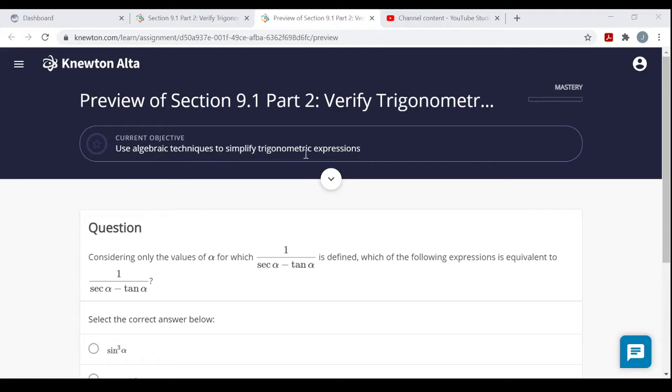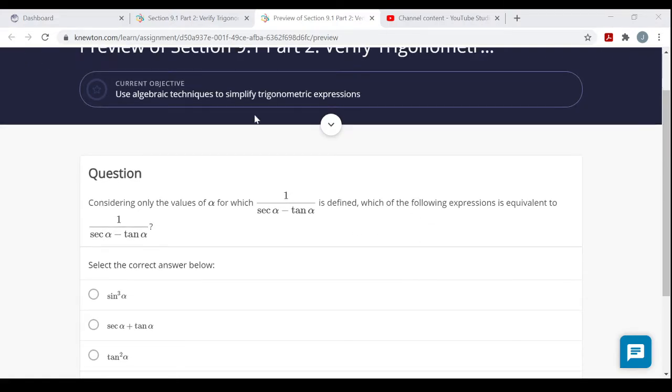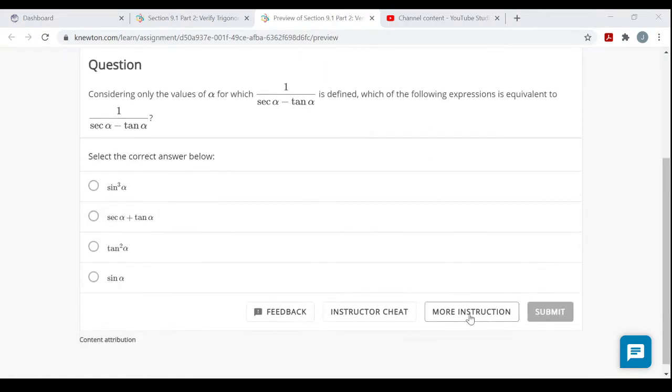So again, if you're unfamiliar with the topic, hopefully you've read section 9.1 of your OpenStax Algebra and Trigonometry book. Also, you can click on more instruction in the assignment, see the notes, the videos, the examples they have, and